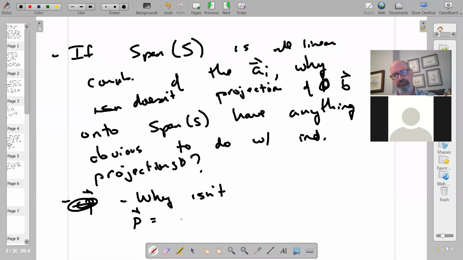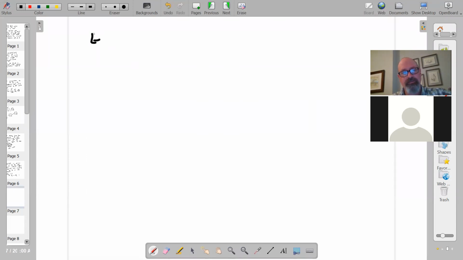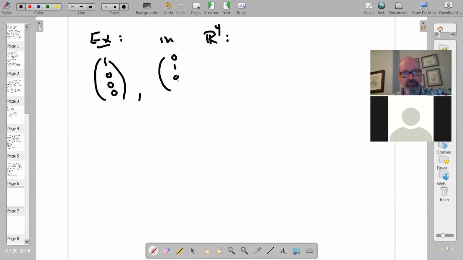So if you're talking about projecting onto a set of perpendicular axes, I'll write down what I mean by this in just a second. But why isn't the total projection just equal to P1 plus P2 plus up to Pn? So I have n vectors. For example, it's definitely that way. So in R3, let's do it in R4. If I think about a subspace of R4 spanned by these three vectors, so it's S.